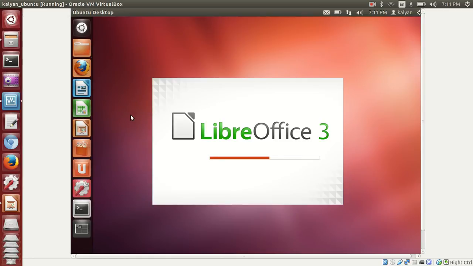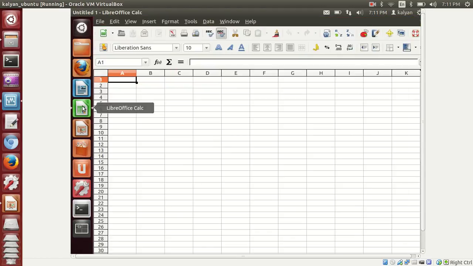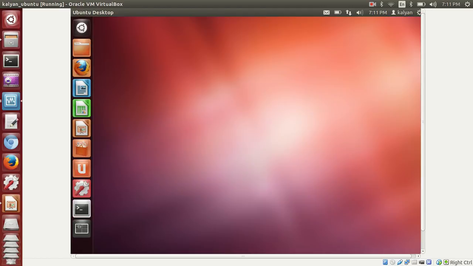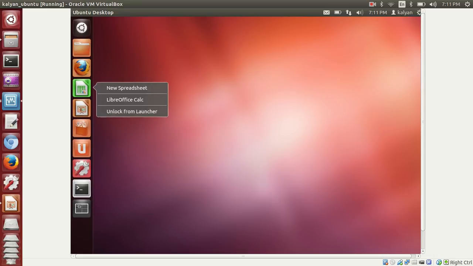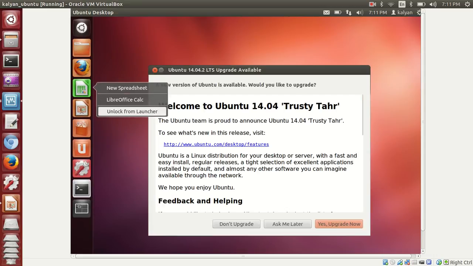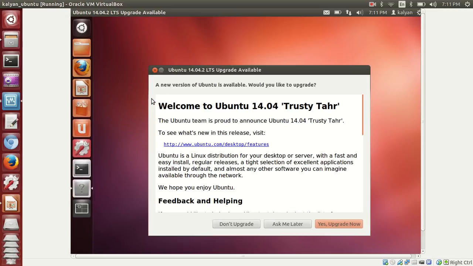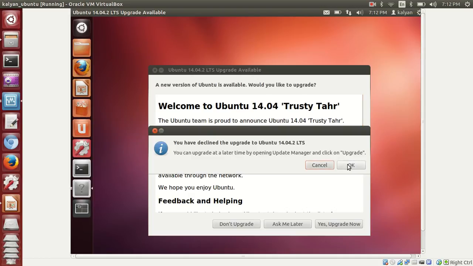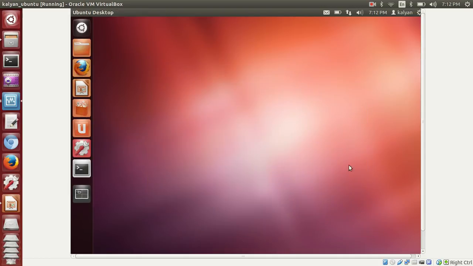Sorry, let's open this up. You can close it. If you don't want all these things, you can unlock it also. I don't want to upgrade to the 14th version, so I clicked on don't upgrade.